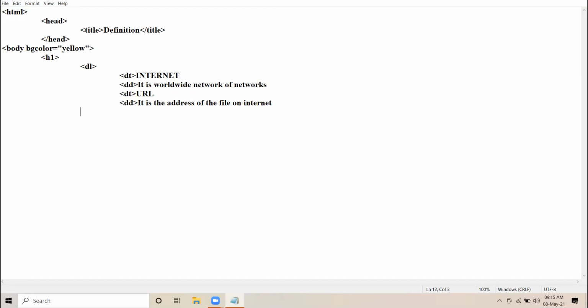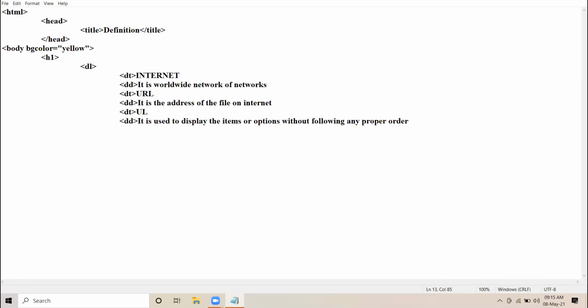Now third term I am taking. Let us take unordered list. DD. It is used to display the items or options without following any proper order.